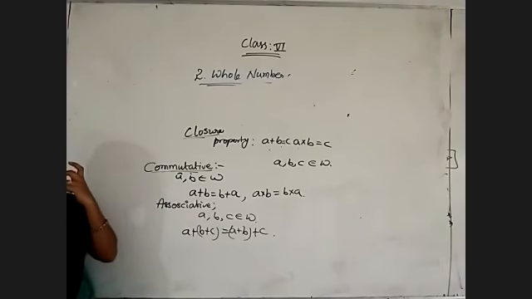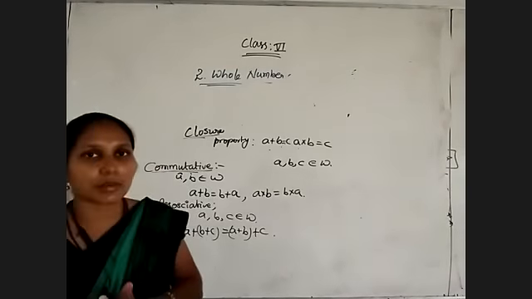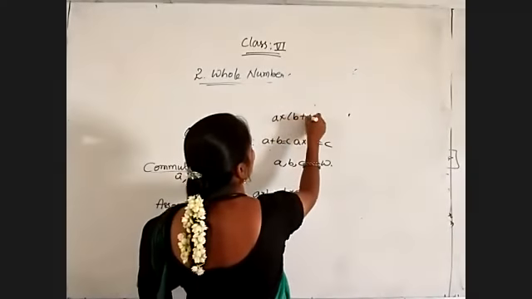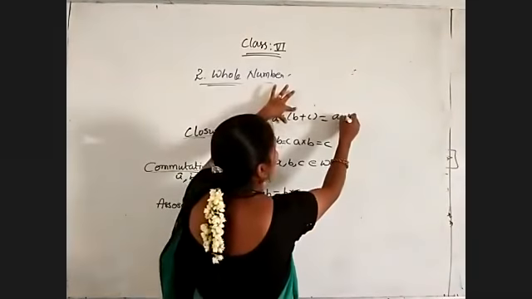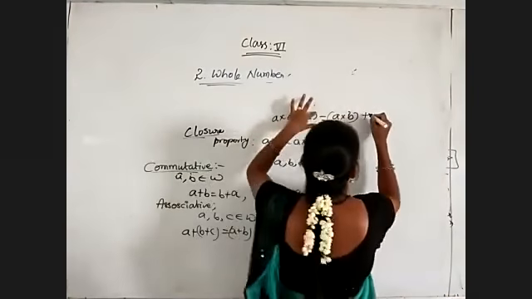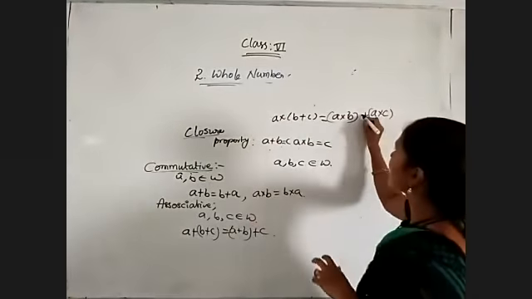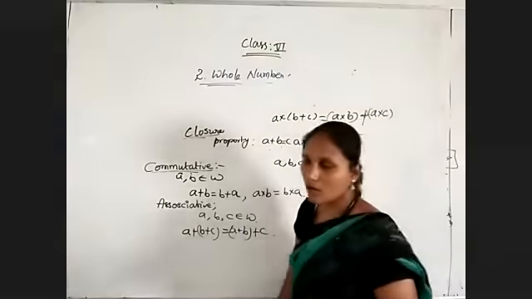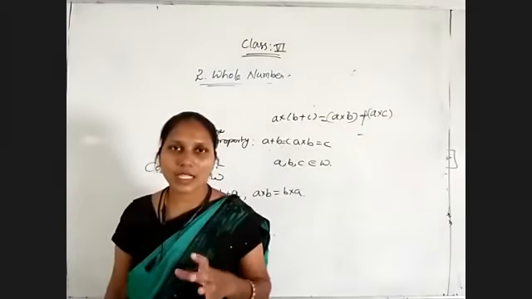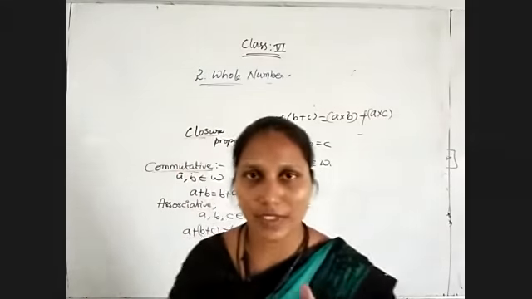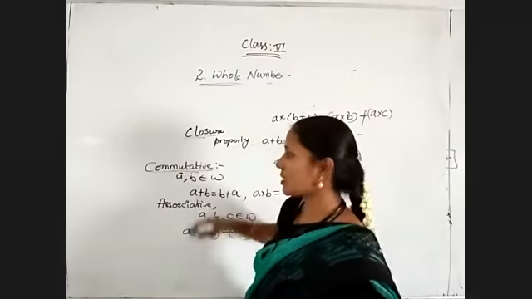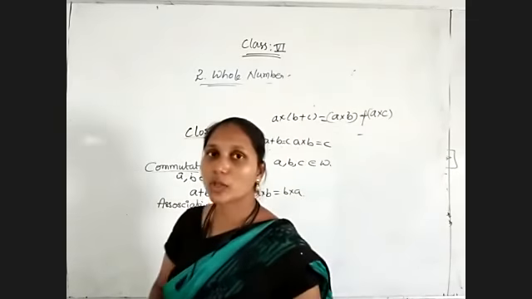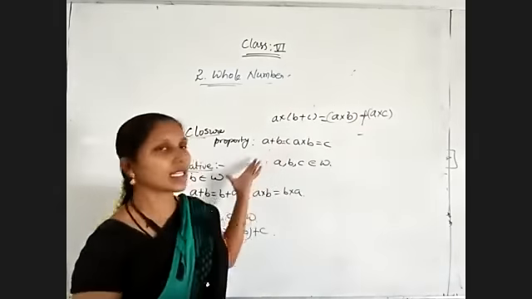Coming to distributive property, in the distributive property, a number distributes over the remaining two numbers. That is, A into (B plus C) will be equal to A into B plus A into C. A is distributed over B and A is distributed over C. So this is under addition. We can apply the same thing for subtraction also. For this we have done so many questions. We have simplified so many questions on this topic: closure, commutative, associative, and distributive properties. So exercise 2.2 problems are very, very important to understand these properties.